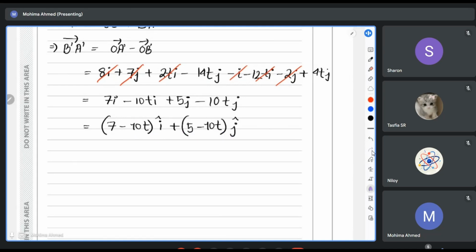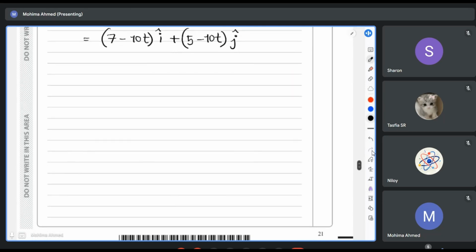But the problem is you now do not need the value for directions. You just want to find out the value for your time. So you can find the value for your time like this. We have to first find out the magnitude of this vector. Okay. So magnitude of